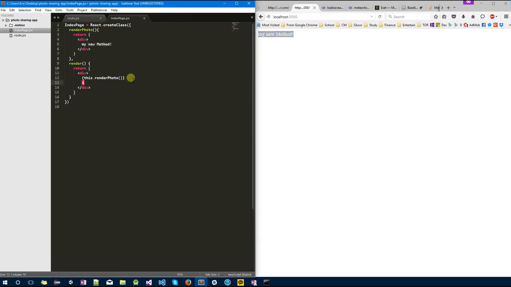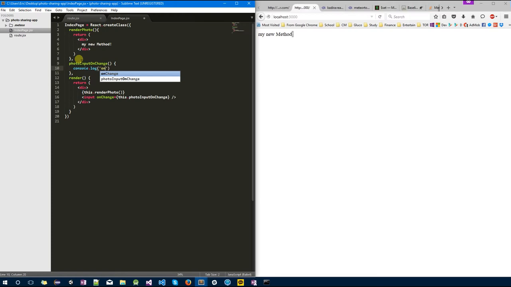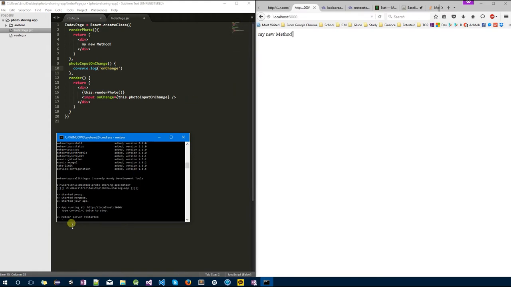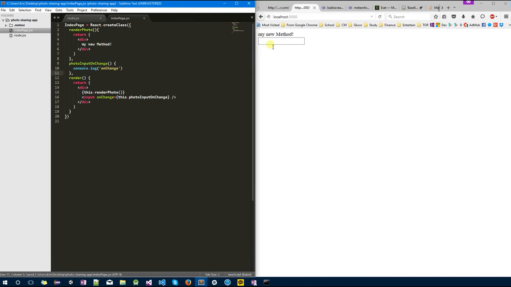And here we're gonna make an input. I'm going to do a method called onChange, and I'm gonna quickly show you what this does. Basically, whenever you change something in your input, it will execute a method called photo input on change. And it's still building the application. Also, you can see the input field,